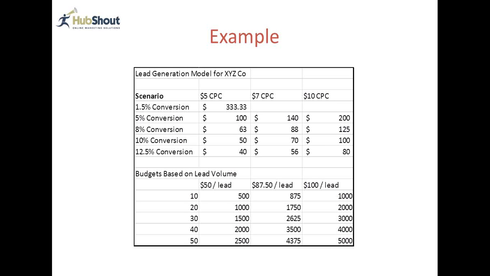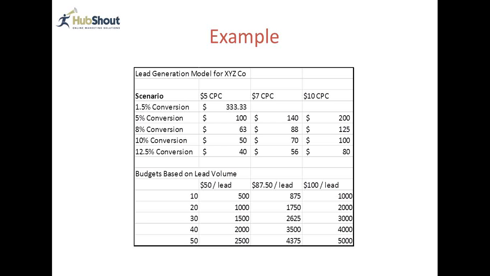So that gives the client some ability to buy in and own this model, because if at the end of month one we run this campaign and we spend $1,000 and they only get, let's just say, 5 or 10 leads, then we can go back and say, well, what broke down? I'll tell you, in most cases it's going to be website conversion rate, because typically the websites that we start with just aren't optimized for conversion. They don't have a clear, strong call to action.